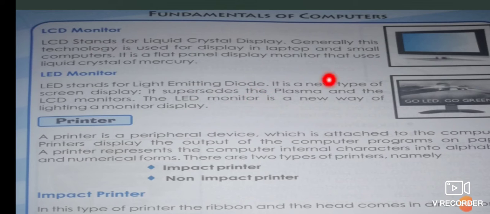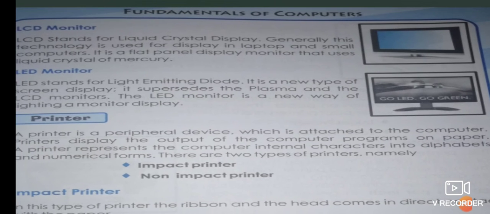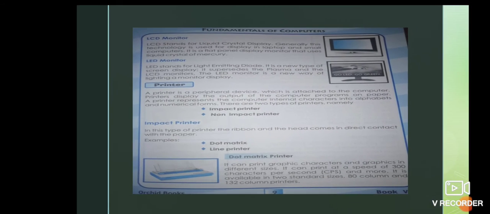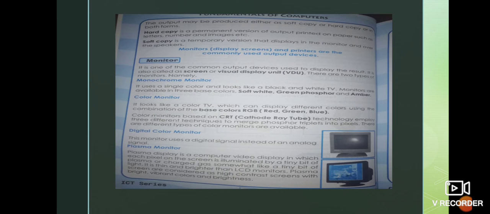It is a new type of screen, where most of your color TVs at home, a few might use an LED monitor and a few might use an LCD monitor for displaying the images. So these are the different types of color monitor.